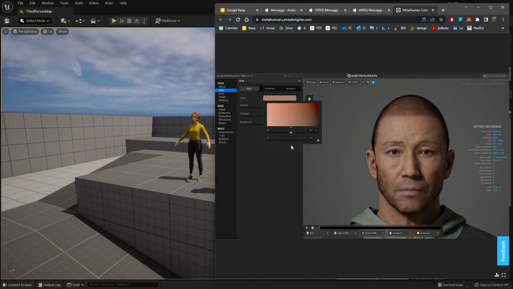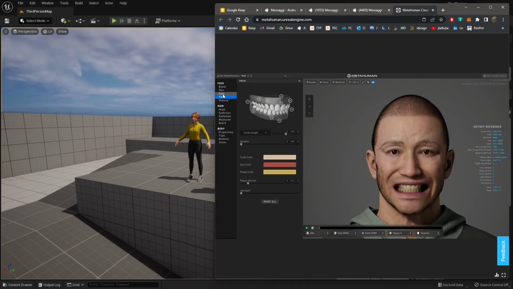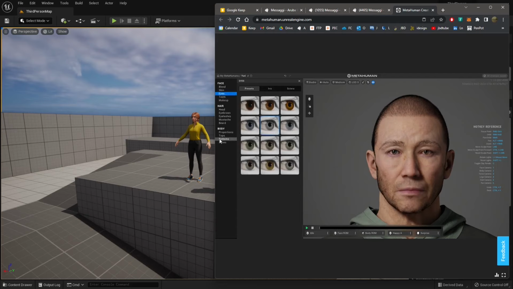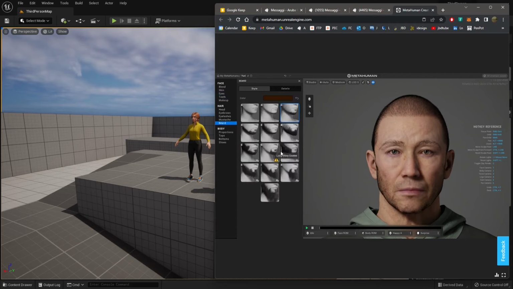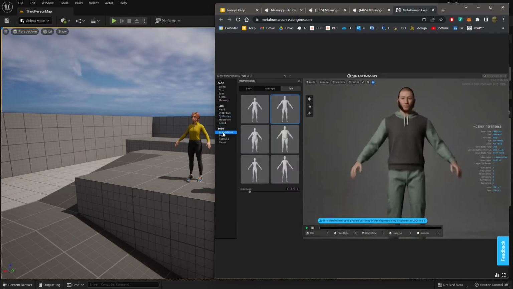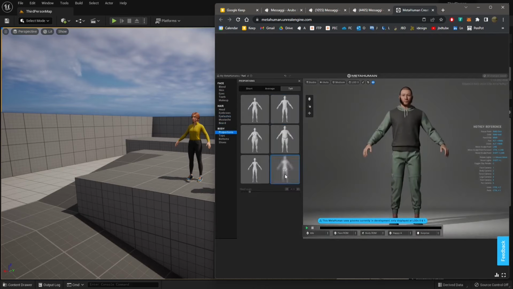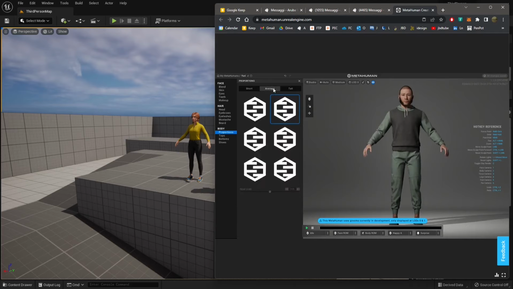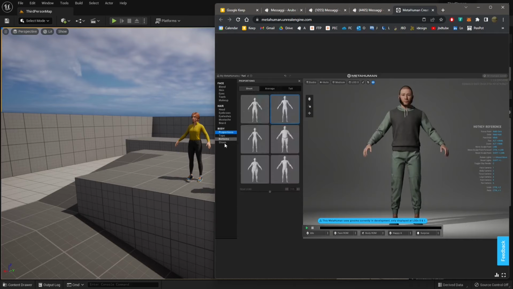There are many tools here to customize your character, like teeth and eyes, ears, and the body and the face, and so many things that you can customize. I don't want to spend too much time on this in this video. I'm just going to introduce the tool to you, and then you can come back here and play with it, just showing you real quick the various parts of the interface. And